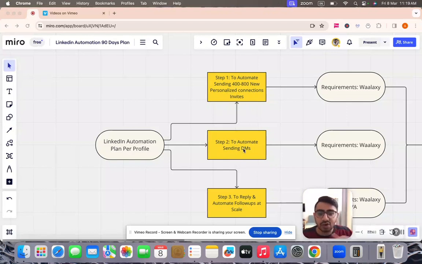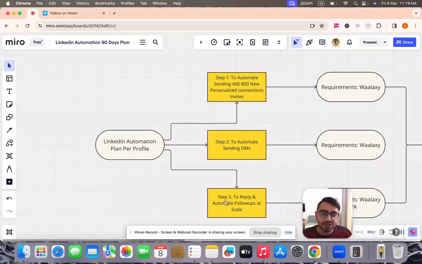The second step is to automate sending DMs, right? In this step we are looking to again not spend a lot of time messaging all these connections that just accepted an invitation, but as soon as they accept an invitation, just start sending them DMs on complete automation through the system, so that you are not doing it and it's running without you 24/7, maybe even when you're away or when you're sleeping, right? So once they accept the invitation, send them DMs, and once all of that is done, the last part